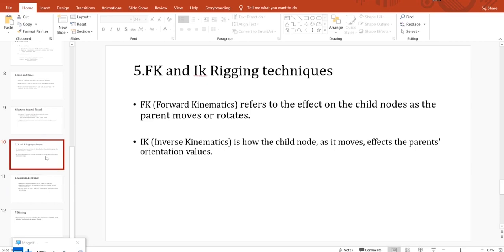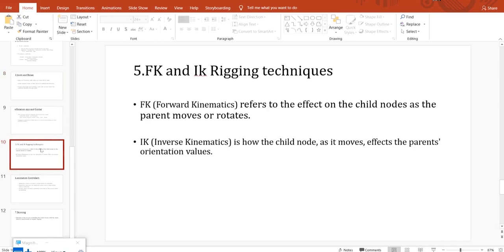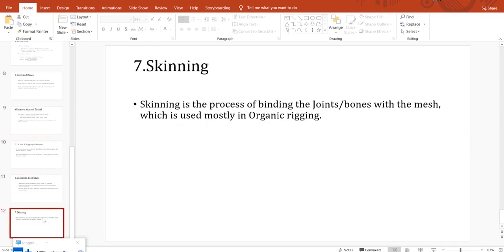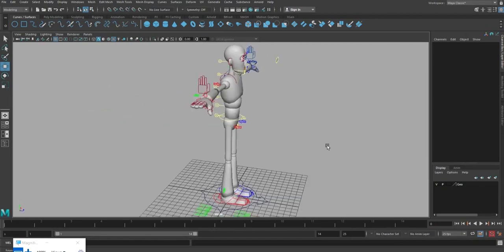It is a simple mesh. You know modeling very well. So how do we attach this skeleton setup, which is with IK rigging, with the skinning? First we will create joints and bones, then we will create IK handles, then we will create animation controllers, then we will do skinning. I will show a very small example which will be very easy for you to understand.